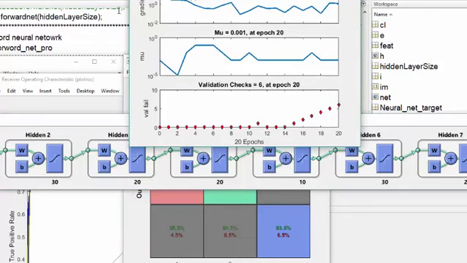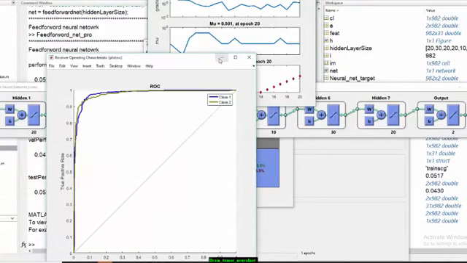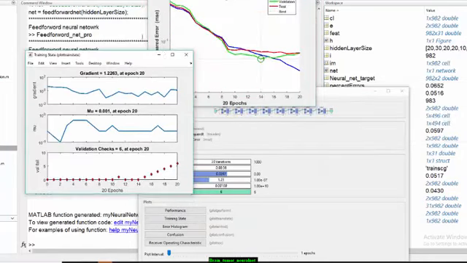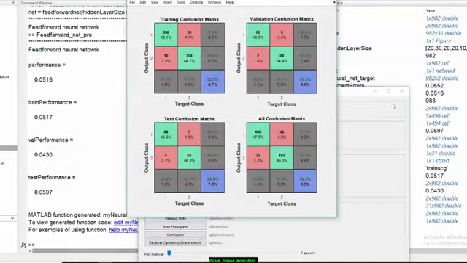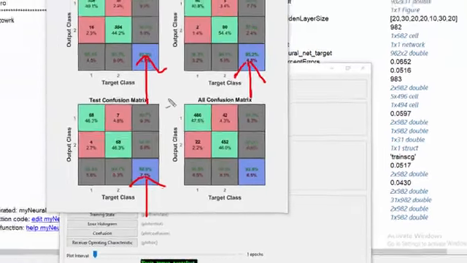For demonstration, these are the other parameters, gradient, mu. Let's see the ROC and the confusion matrix performance for the training, test and validation sets. Okay, so I'm plotting all the confusion matrices. Now you can see from the training matrix we had training accuracy around 93%, validation accuracy 95% and 92% testing accuracy. All three accuracies are identical. That means our network is not overfitted and it is perfectly trained.